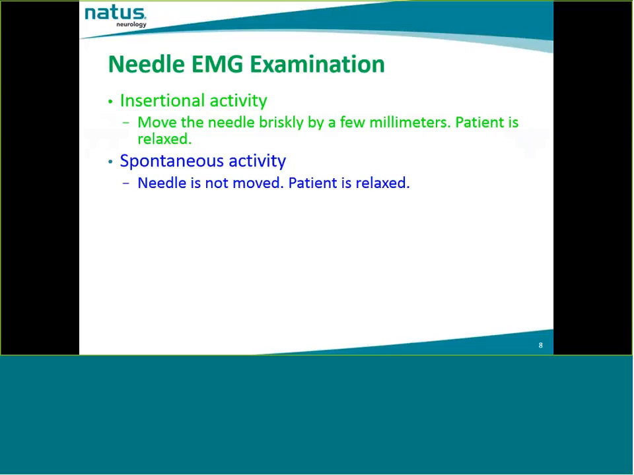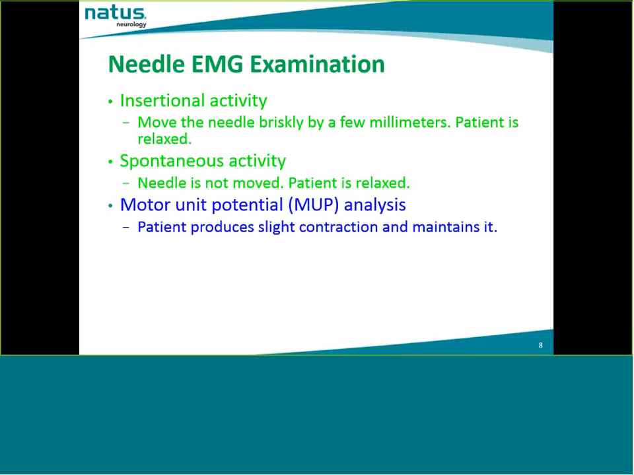The insertional activity and spontaneous activity give useful information about the excitability and stability of muscle fiber membrane. It also gives information about hyperexcitability in the motor neuron or the nerve fiber. In the third step, the patient produces a slight contraction and maintains it. The needle position is adjusted to record sharp EMG signals, and they are used for assessment of so-called motor unit